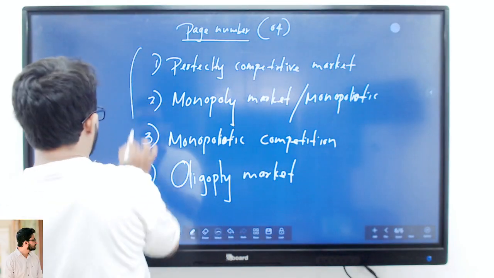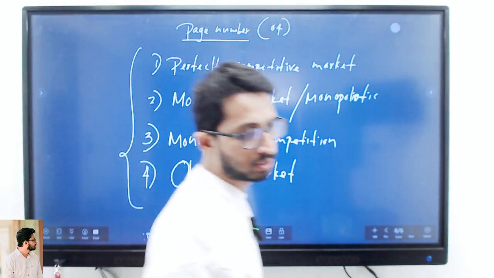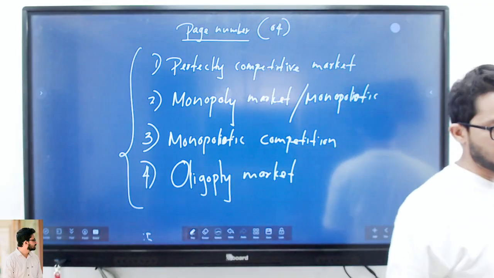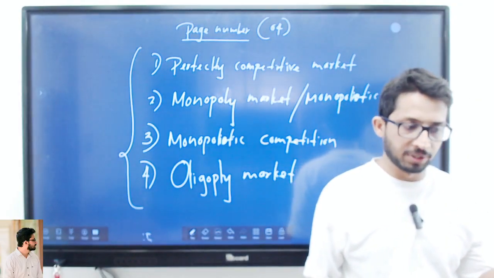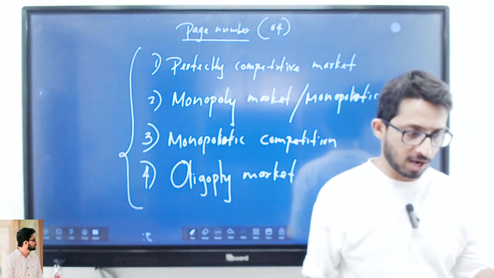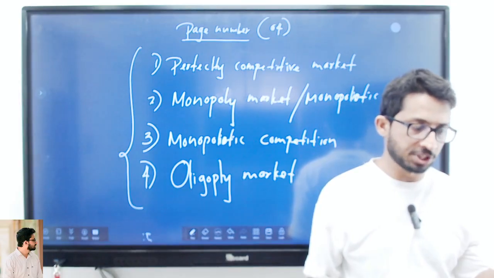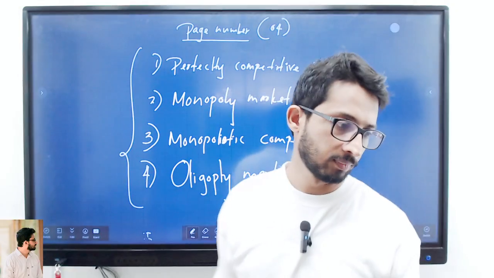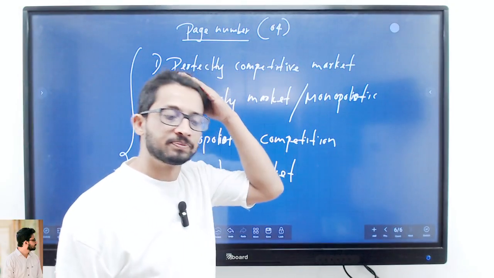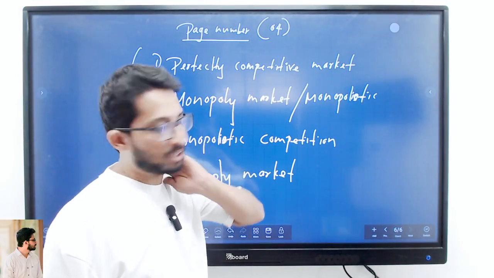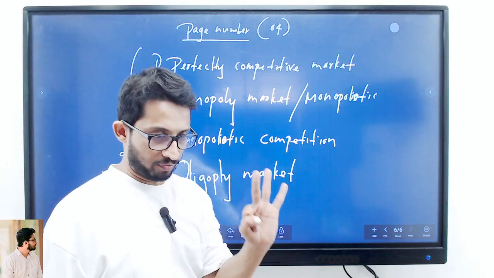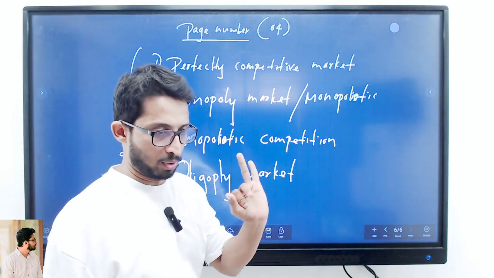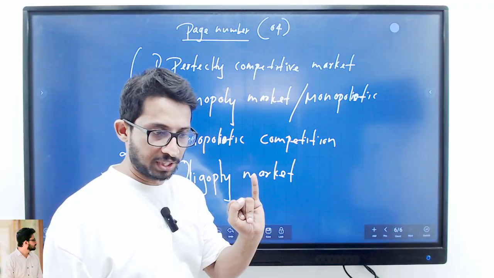These are the 4 market structures that need to be discussed in your syllabus. Perfectly competitive market, monopoly market, monopolistic competition, and oligopoly. Say it one more time. What are the 4 main market structures? Perfectly competitive, monopoly, monopolistic competition, and